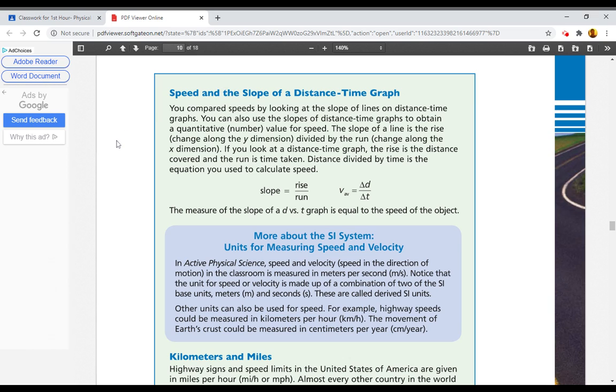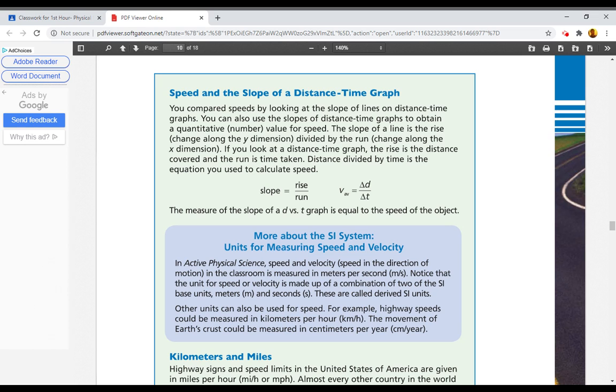Speed and the slope of a distance-time graph. You compared speeds by looking at the slope of lines on distance-time graphs. You can also use the slopes of distance-time graphs to obtain a quantitative number value for speed. The slope of a line is the rise, change along the y dimension, divided by the run, change along the